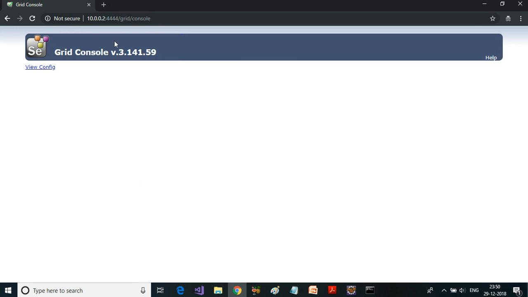Okay, this is the grid console interface where you can go and see which nodes are connected and what are their configurations and capabilities. Since I don't have any node connected to this particular hub, nothing is appearing here. But once I register a particular node, we will come back to this interface and see the node configuration.